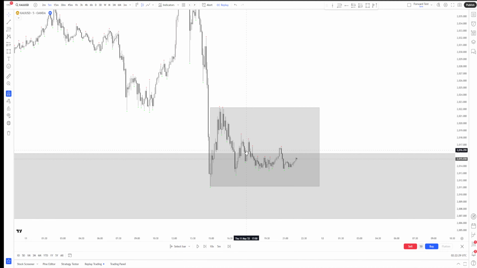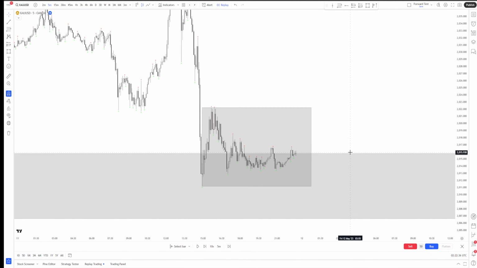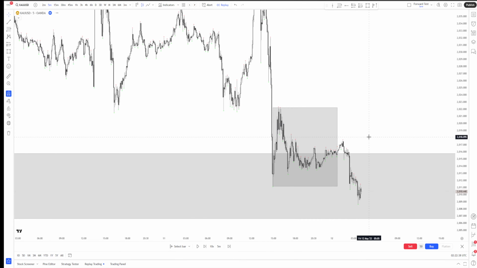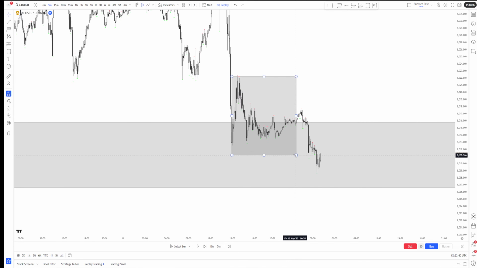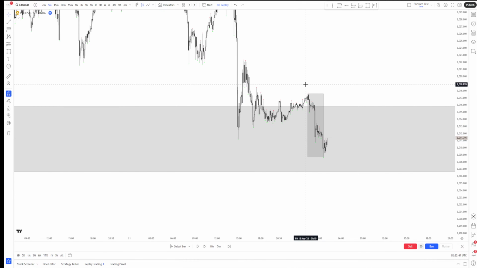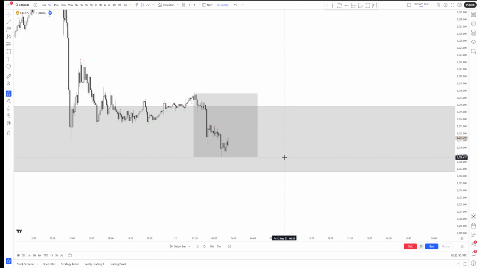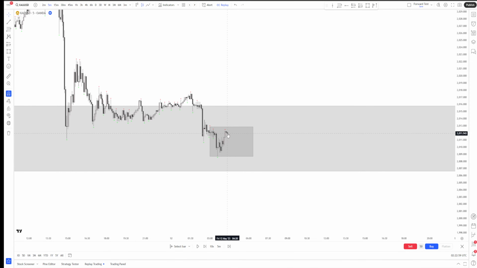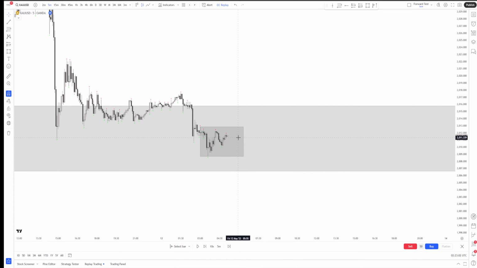This is all internal range where price is ranging inside of this price range, so we don't want to be trading in between that. And all we are doing, we're waiting for price to break. So now that price has broken, we're going to take our small box, I'm going to move it across, and then we're going to wait for market structure to break. And you can see that price broke here, and then price created another range from here, and then all we're going to do is wait for it to be violated, which in this case